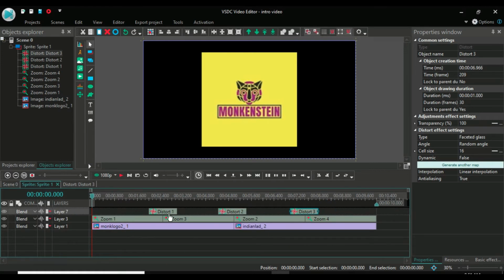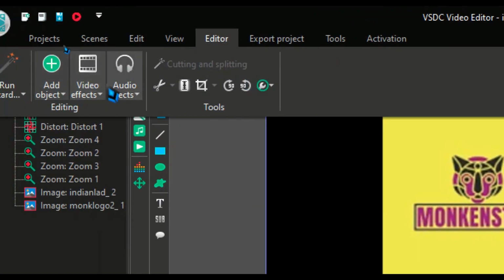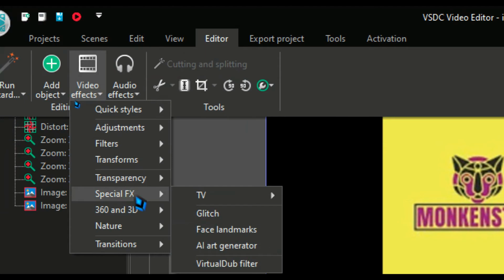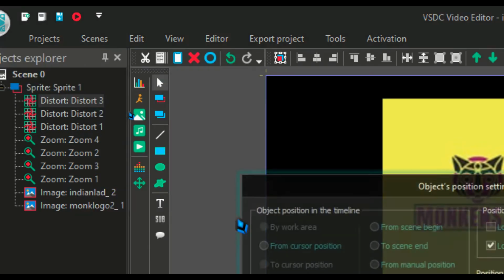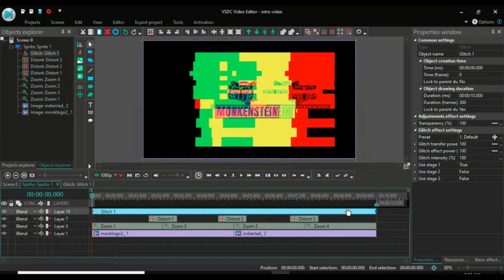Now we'll come to the main effect, which is the glitch effect. Fine, go to editor here, in special effects you'll see glitches there. Okay, glitch.